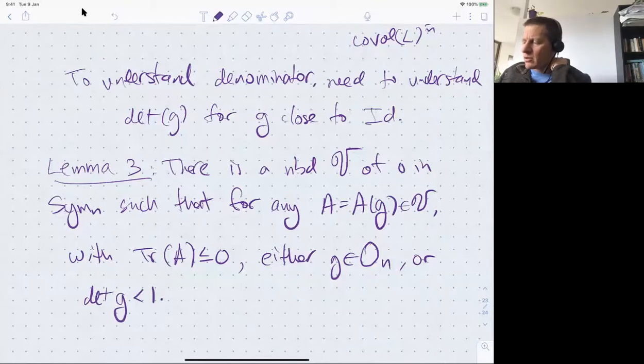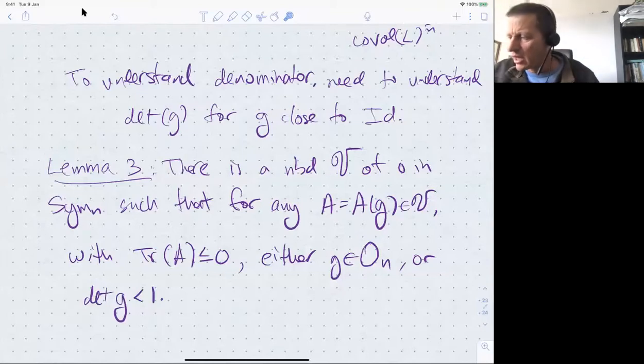So another way to say this is that determinant of G greater than or equal to 1 gives a strictly positive trace. Or if the trace is smaller than 0, then the determinant has to be strictly smaller than 1 unless we do nothing. So let's first just do a reality check and make sure that this lemma makes sense,